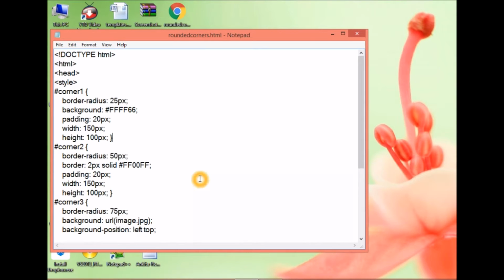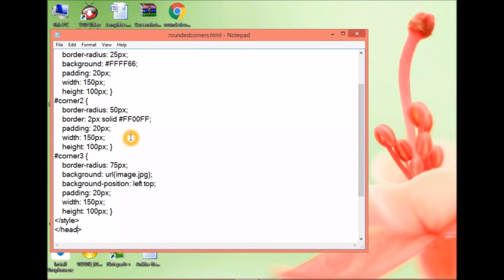Today we'll be studying about the rounded corners in CSS3. Let's start with a small example of this program in which we have taken three cases, as this rounded corners concept can be applied to your normal background color, a specified background image, or with a simple border which you have used. To do this, we use the border radius property. By using this property, we can add rounded corners to the respective elements.